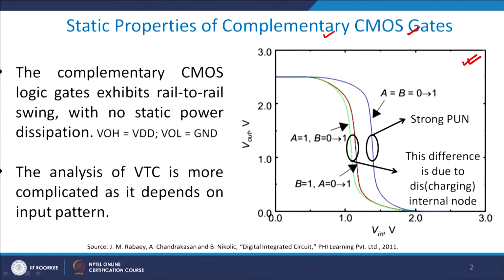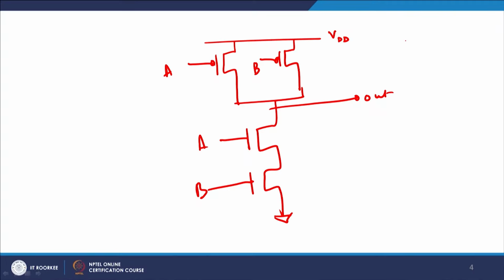The type of data available at the input side of the CMOS logic gate will determine the TPHL as well as the values of your noise margins, and therefore the VTC is dependent on the values of your input voltages. Now I will explain one by one what I mean by that.